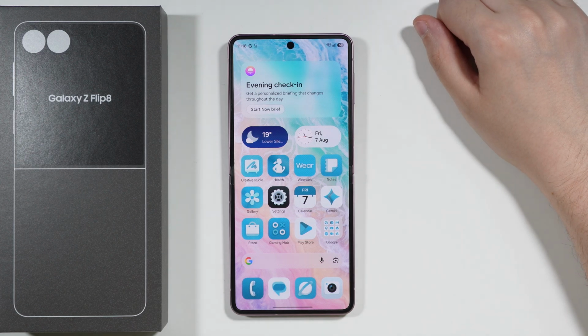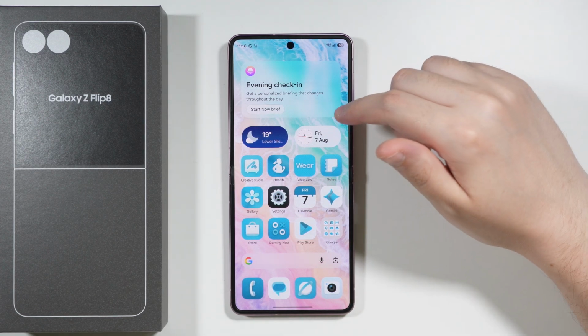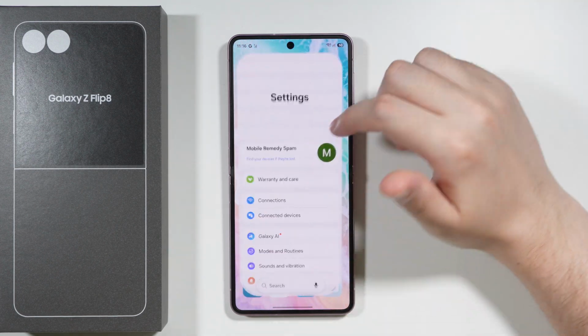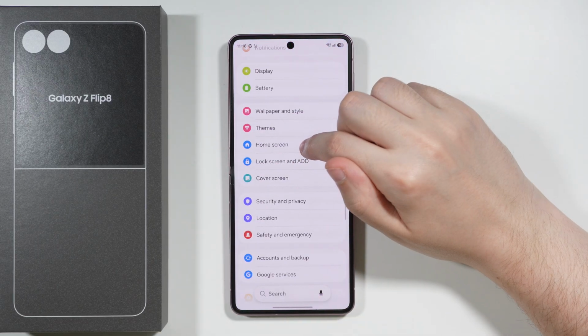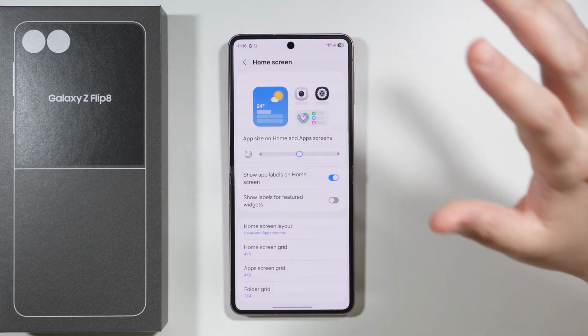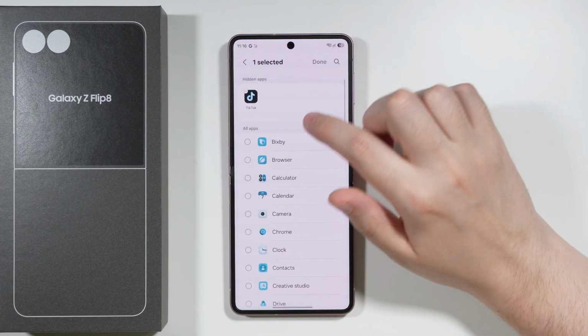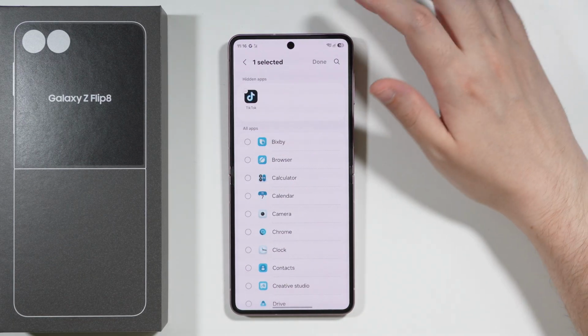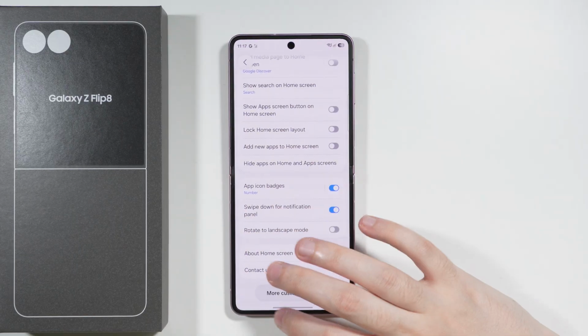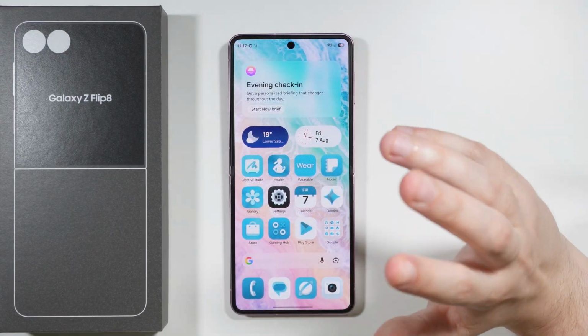To find and access hidden apps on Samsung Galaxy Z Flip 8, here's what you can do. So of course, we can hide apps by using home screen settings in the settings of our phone. If we go here, then we should be able to find hide apps on home and apps screens. And here, of course, we can check which apps are hidden. But if you want to keep them hidden and still be able to access them, we have a couple of